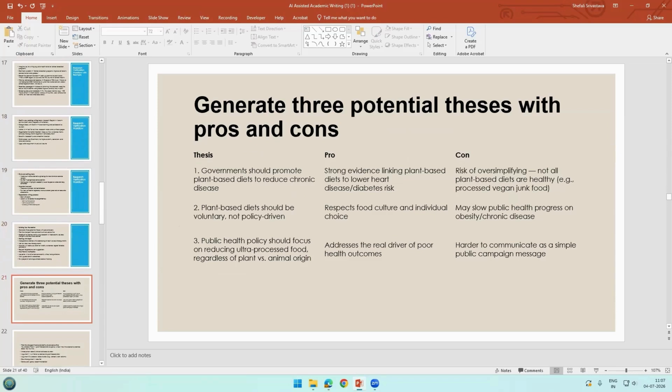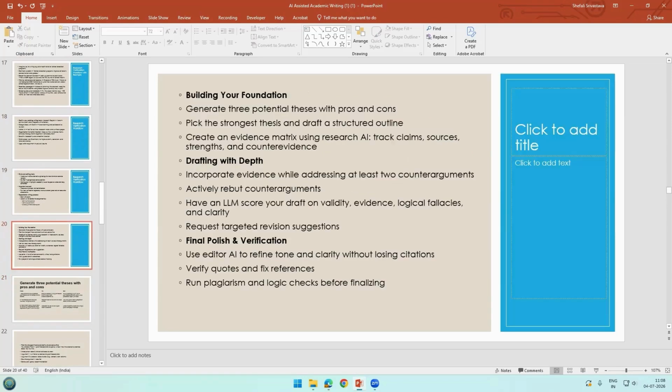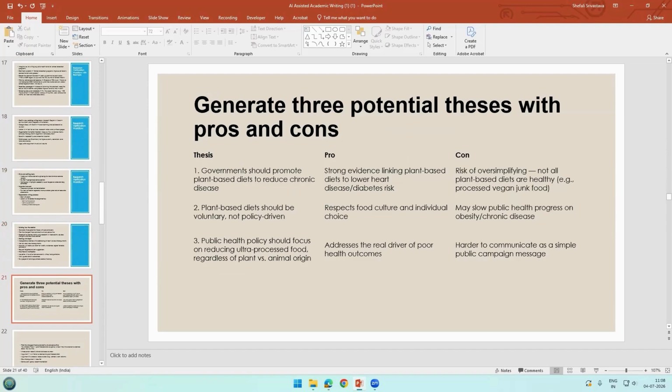So these are some examples, like building your foundation. How can we build our foundation when it comes to AI assisted writing, right? So we can pick the strongest thesis, draft a structured outline, and create an evidence matrix using research AI. So this is a potential thesis like